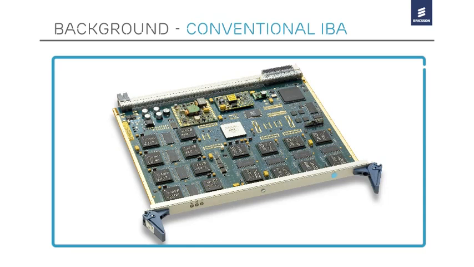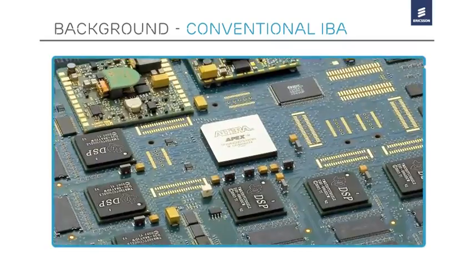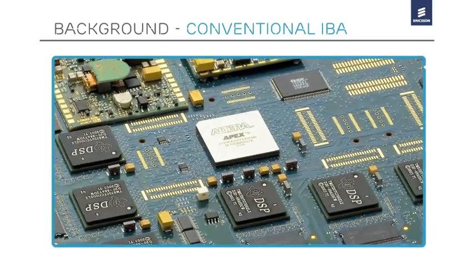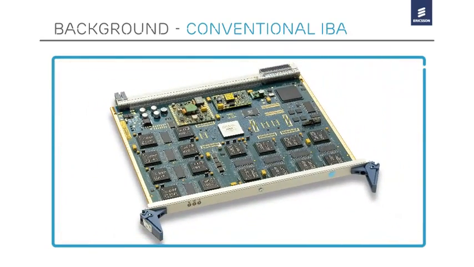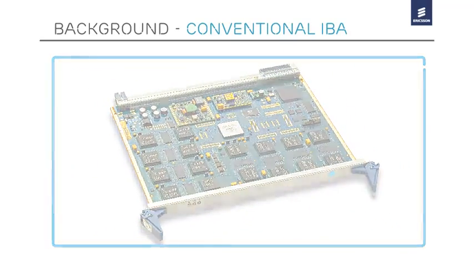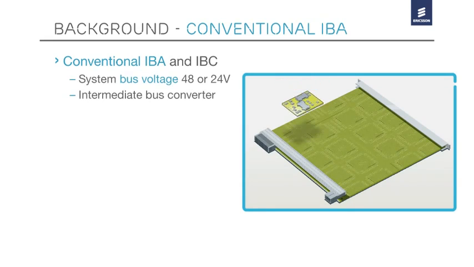Firstly, what is a conventional intermediate bus architecture and what is an intermediate bus converter? In the late 90s, facing an increase in demand for sub-5 volts high current microprocessors and associated components, combined with high system integration costs, the datacom industry introduced a new power architecture concept based on a main onboard DC-DC converter, converting 48 or 24-volt system voltage into a single board voltage, which powered a range of voltage regulators known as